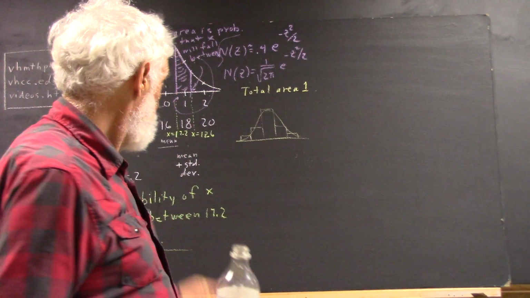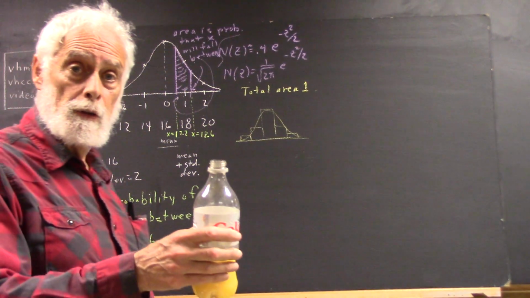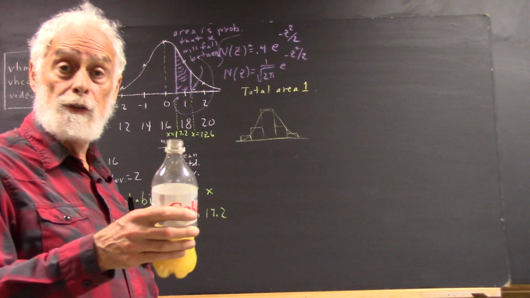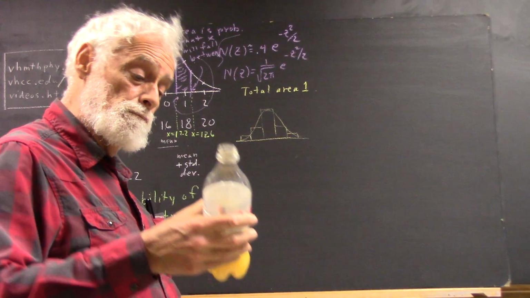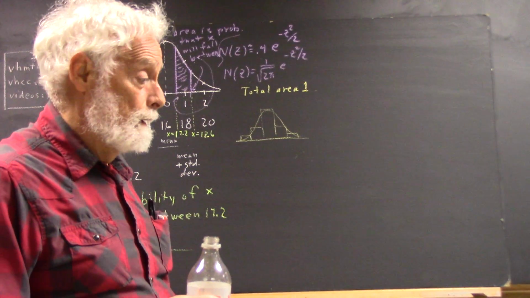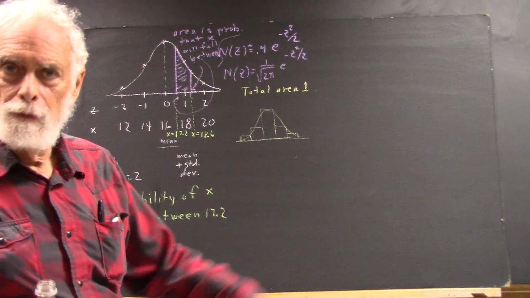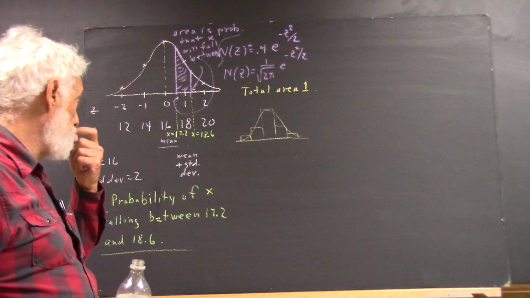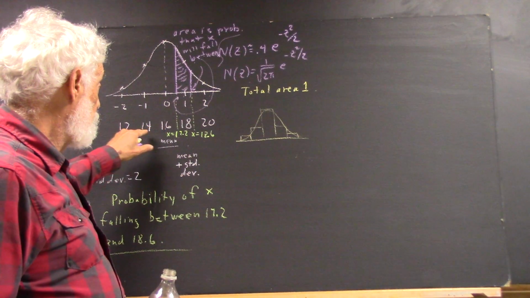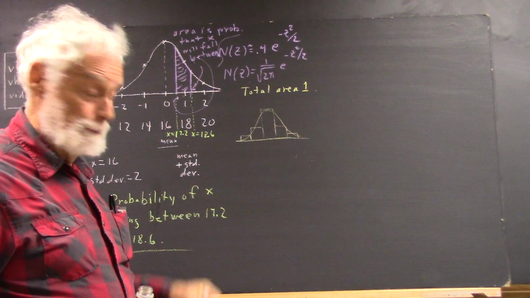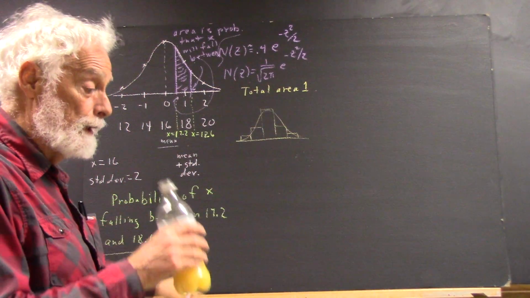We did a sampling. We got numbers kind of similar to these numbers when I took a series of about 10 sips out of a bottle of orange juice, okay? So we found, these aren't the right numbers, but we could easily have found that the mean was 16 grams and the standard deviation was 2 grams. Okay. Now, if that's the case, and I take another sip,